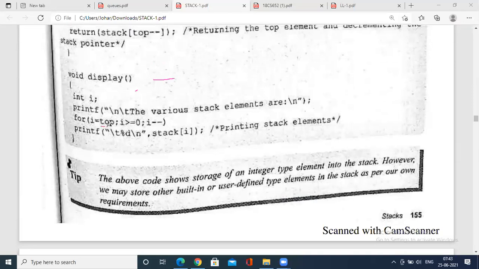And coming to the concept of display, when you call display, it is always last in first out, no? So the first element to be displayed is the last element. Where is the last element focusing? It is at the top. So i equals top, go on decrementing while i is greater than or equal to 0, because at the most top will be at the higher position, not at the lower position. Display the content of stack of i, as such you go, right?